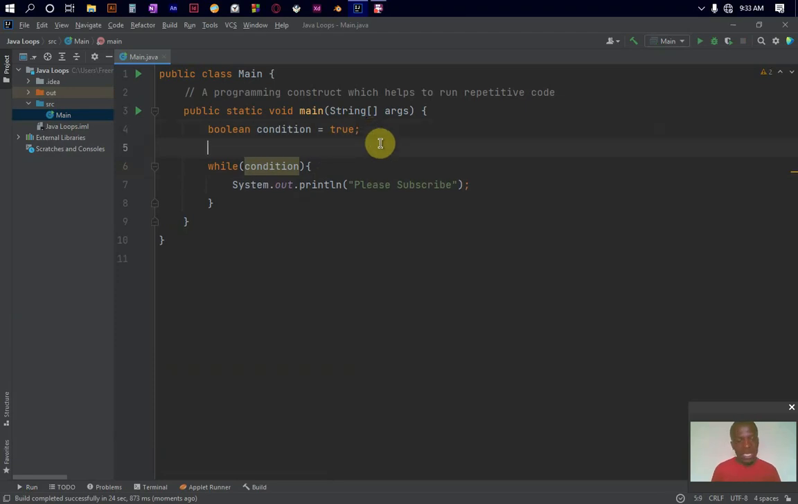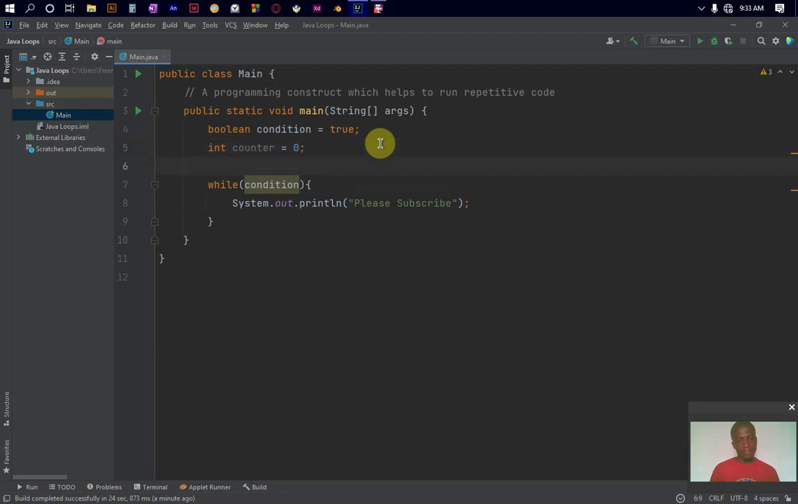So to be able to do that, we are going to introduce a counter variable. Something like this: int count, and let us start it at 0, right? So now what we are going to say, we are going to say